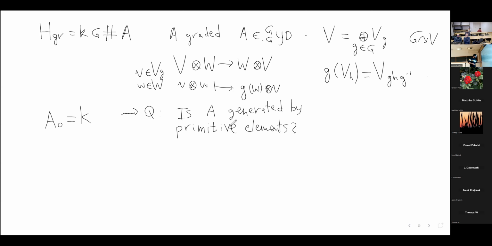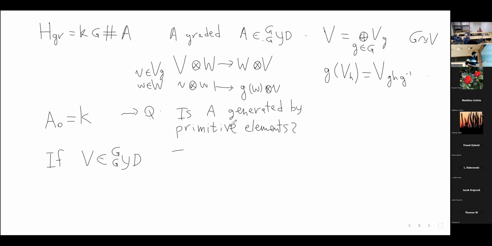And again, what I will tell you now, I only need a braided monoidal category. I don't need specifically this braided monoidal category, but we need to start from somewhere. I guess these categories are the easiest to deal with among the braided monoidal categories which are not just, let's say, vector spaces or super vector spaces. Okay, so if I have V inside this category,